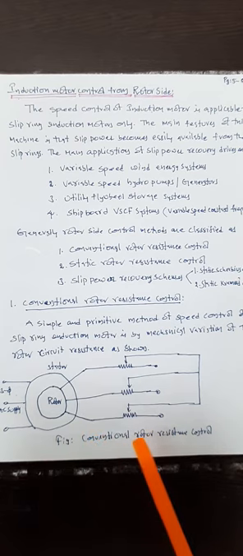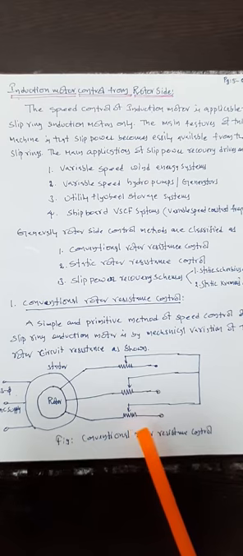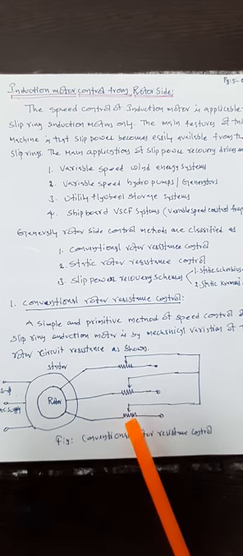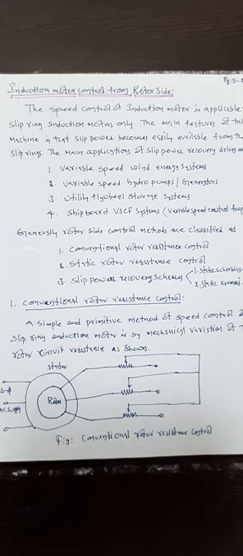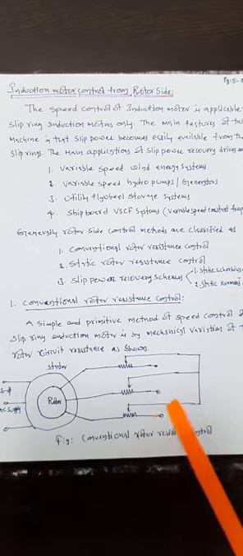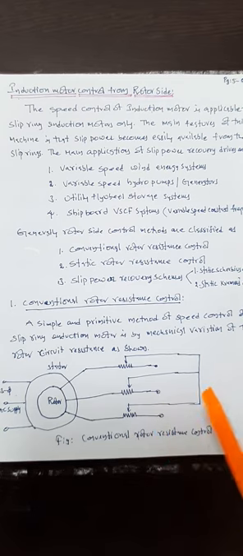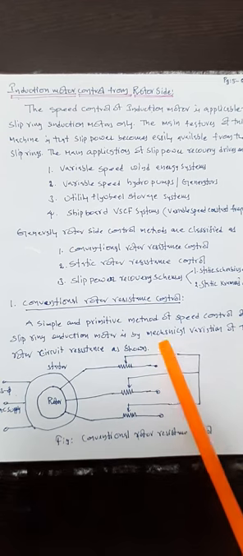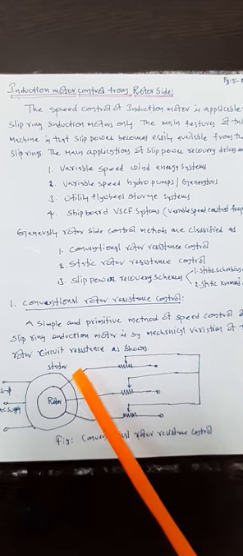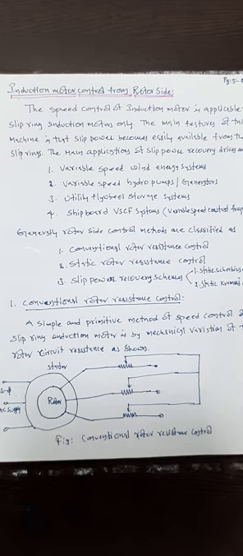This is almost similar to the speed control of a DC motor. Already we executed in the DC motors laboratory speed control of a DC motor through armature control as well as field control. There, generally, the variation of resistance, either field or armature, is done manually. In the same fashion, a very simple and primitive method of speed control of the slip ring induction motor is by mechanical variation. You observe this one: mechanical variation of the rotor circuit resistance, as shown. Mechanical variation means variation of the rotor resistance by hand.